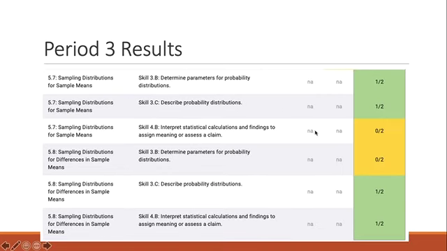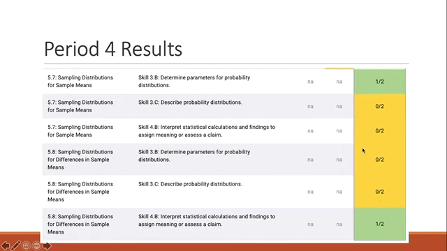Third period had one group involving sampling distributions for single sample means and another group for differences in sample means that we should probably look at. Those same two groups were problematic for fourth period, along with a couple more. So there's a total of 8 questions there that I want to go over here, and I've tried to highlight